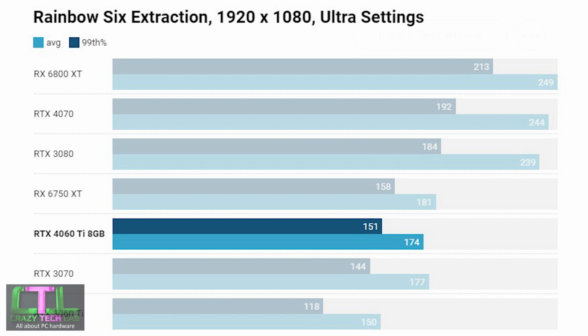And for obvious reasons, I haven't included some of the higher end cards on test, such as the RTX 4090, in the 1080p results, because you'd be slightly nuts to buy that graphics card if you're going to be gaming at 1080p. First up, we have Rainbow Six Extraction, and at 1080p ultra settings, we have a pretty good result